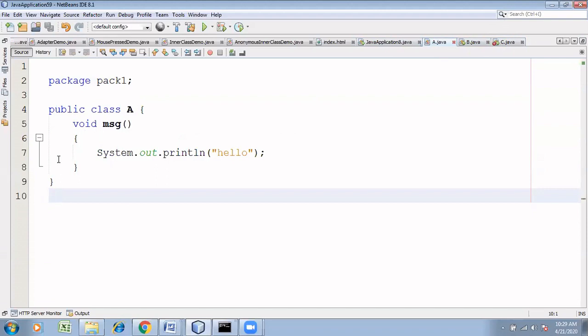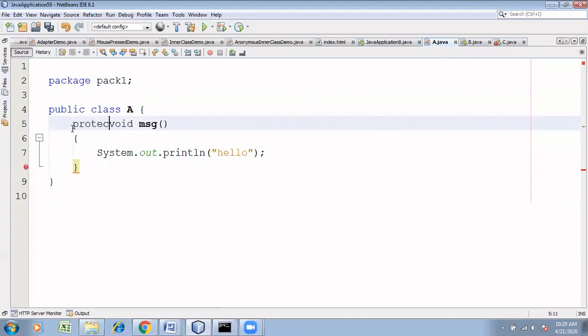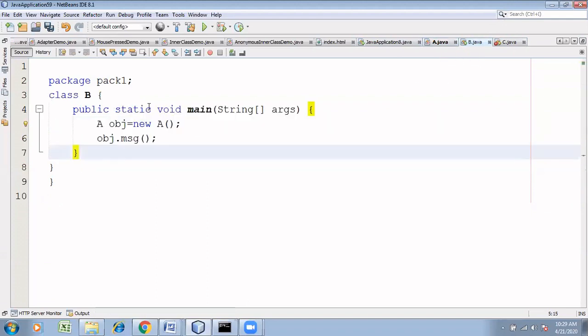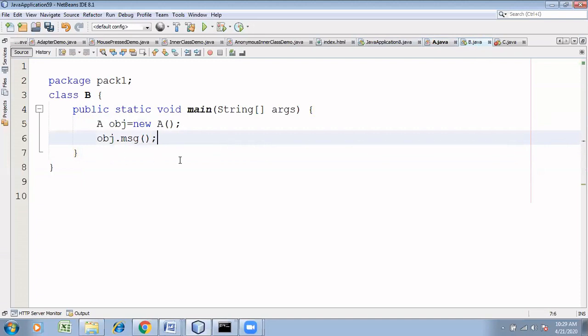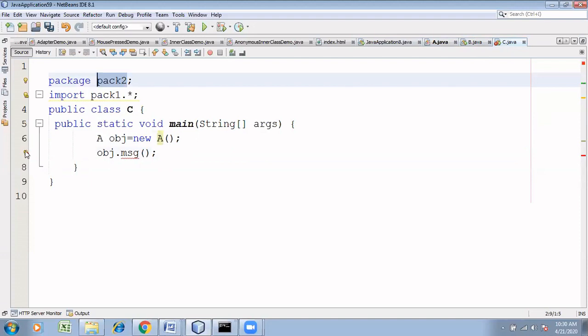Now, I will make this protected. So public I have shown you, default I have shown you. Now, protected means what? Can it be accessed within the package? Yes. However, outside the package you cannot access it.